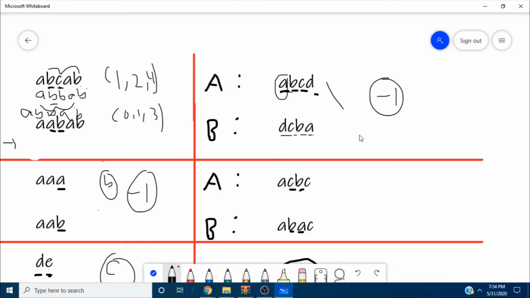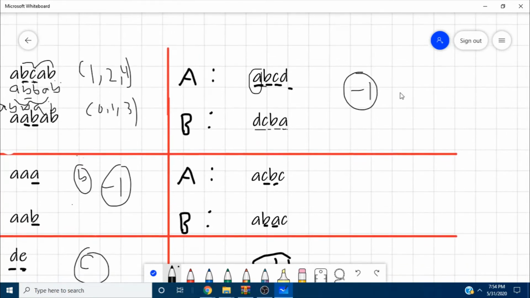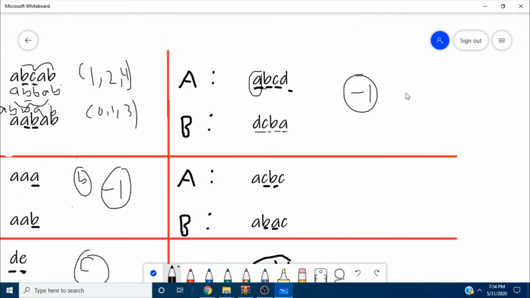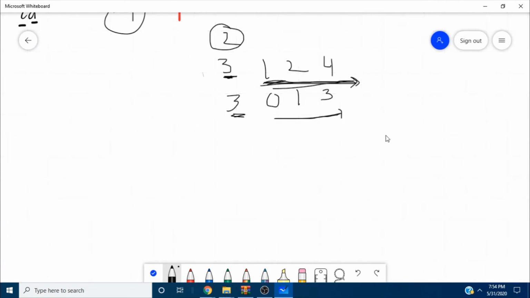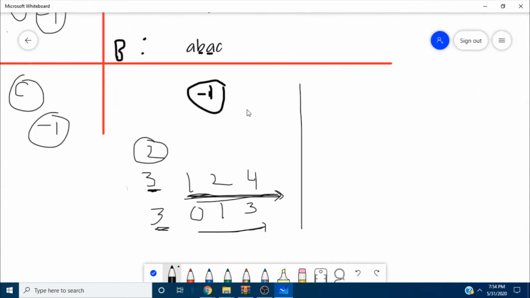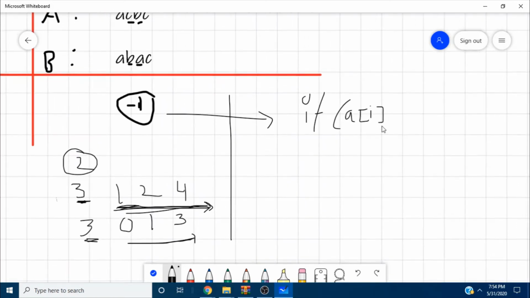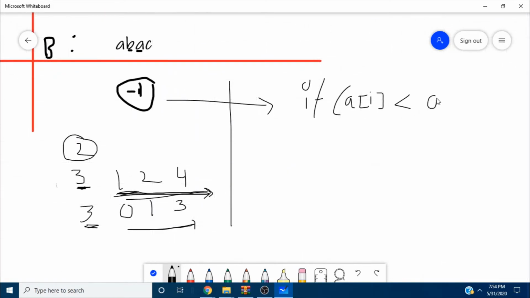So let's briefly explain the -1 cases. If the character at index i in A is less than the character at index i in B, we can't convert that string.